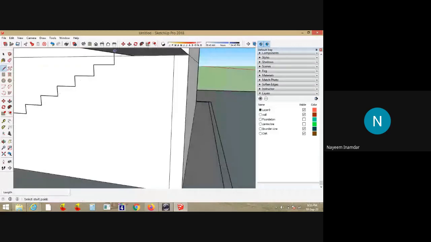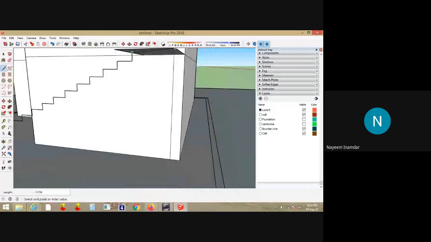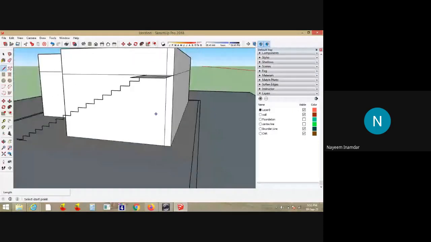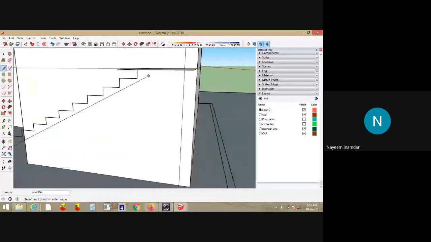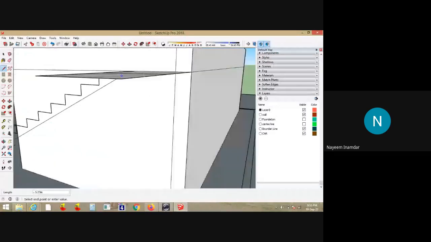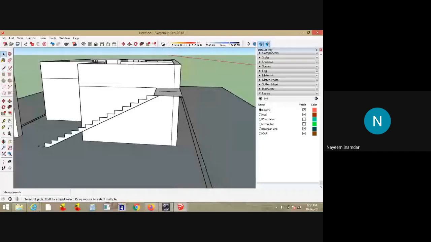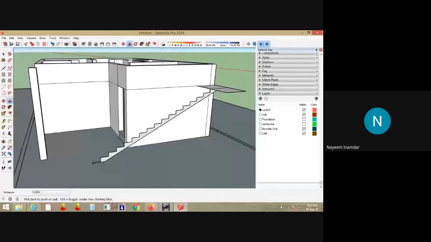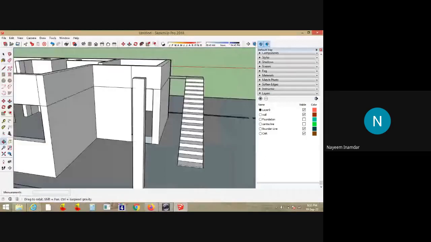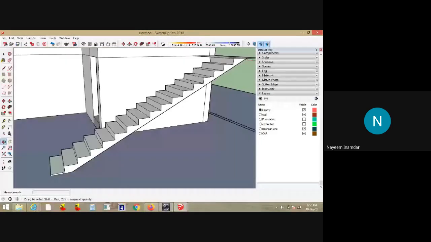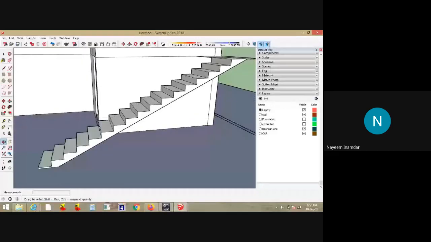You just have one more line here from this to this midpoint. Just draw a line, randomly you can draw it. Somewhere here I will take. Now go to the push pull command. Just drag it here. See, this is the staircase.